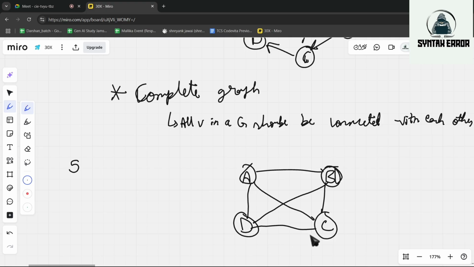So in a graph where all the vertices are connected to each other, we call that graph a complete graph. Okay.